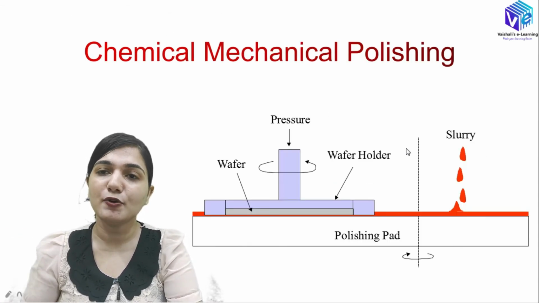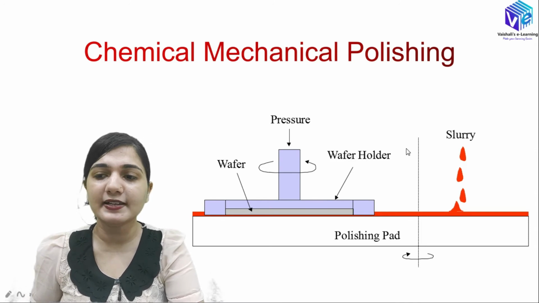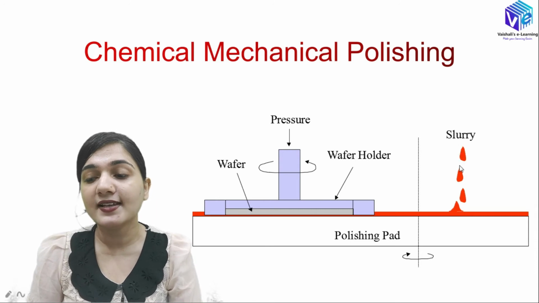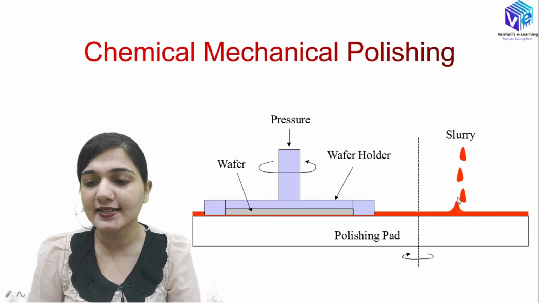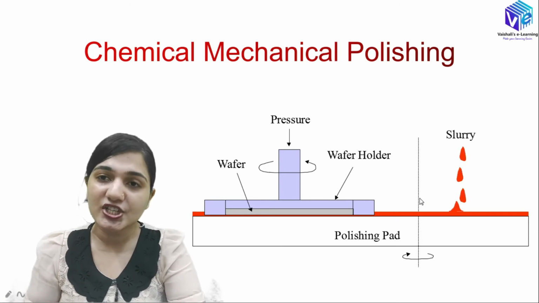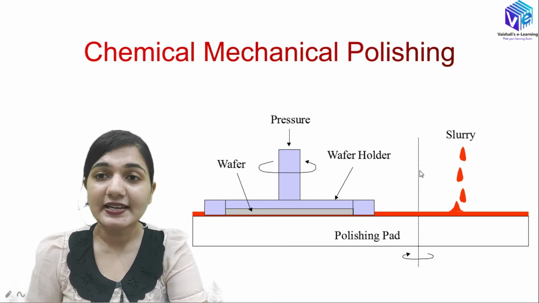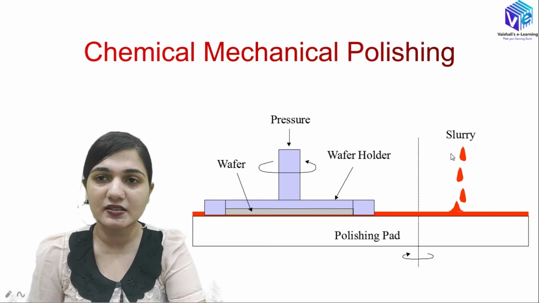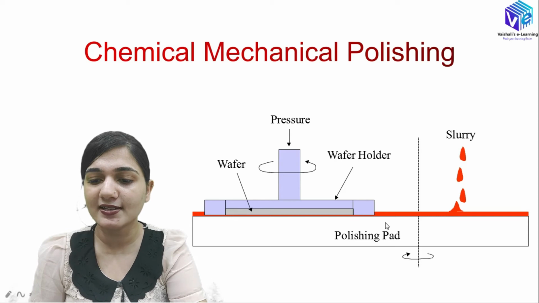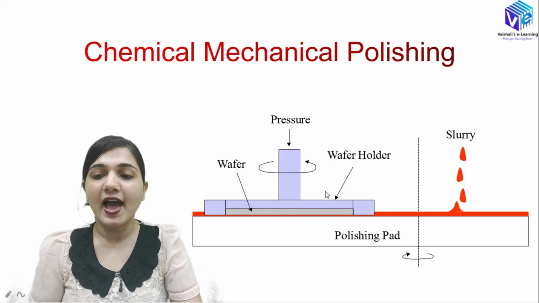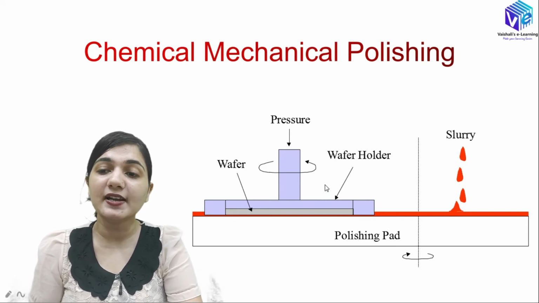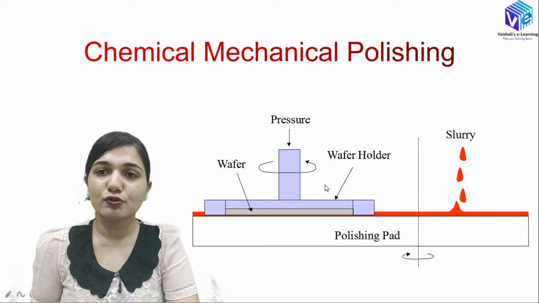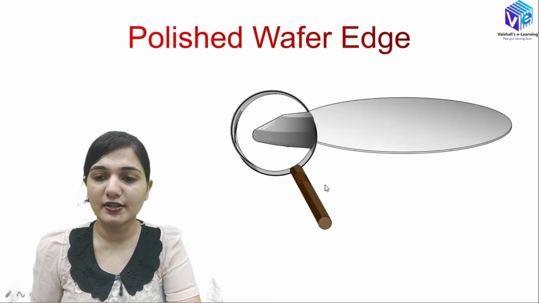Then we have chemomechanical polishing, or chemical mechanical polishing. Here I will be using graphite as well as Al2O3, aluminium oxide, as the slurry, and we will be polishing our surface with glycerine and aluminium oxide. So we will be mixing glycerine and aluminium oxide, making the slurry, and polishing our wafer at the surface. This is called chemical mechanical polishing. We are polishing with chemicals, that is Al2O3 and glycerin. I hope now you understood this process.